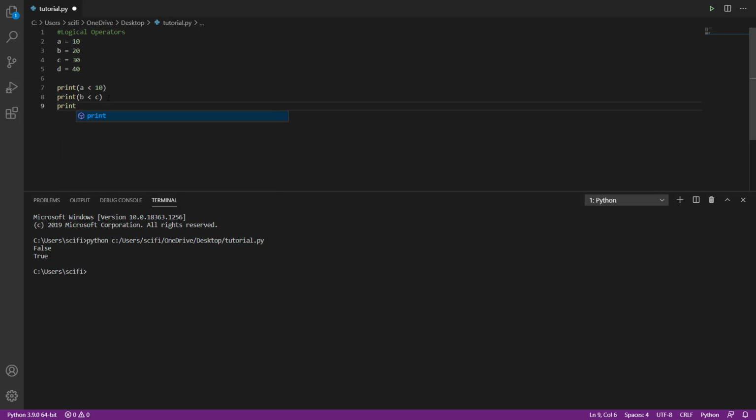What I can do is check like this: A is less than 10 or B is less than C. So here OR is a logical operator. There are three logical operators in Python. These are OR, AND, NOT. Here I have written A is less than 10 or B is less than C, so this whole condition will return true if and only if